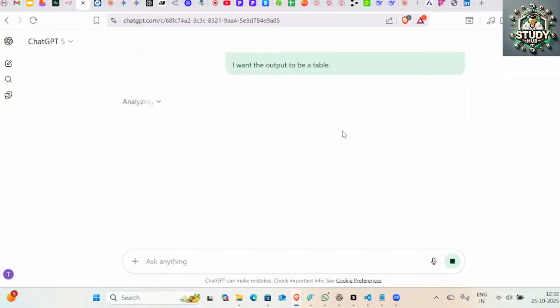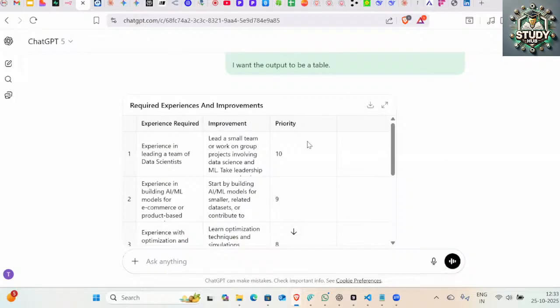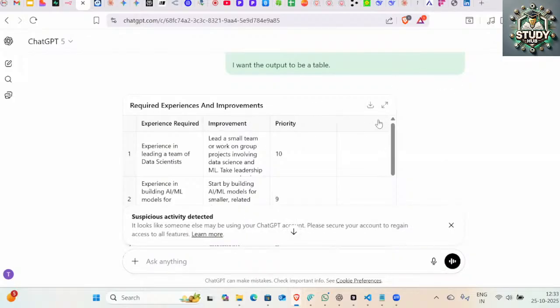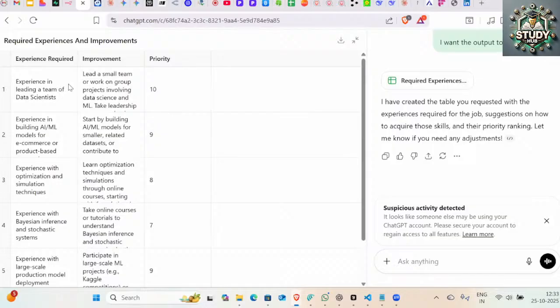Now it can analyze both of these things and create a full strategy, a full plan for me: how should I go about learning and applying for this job, right? So this is my second last step, and after this, I'll just go one step to have my things done, right? So this is the entire table which it has created as per the JD, right?